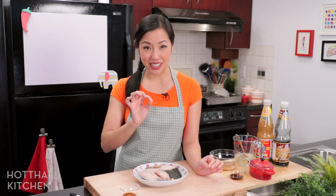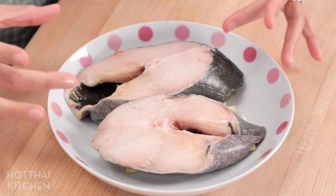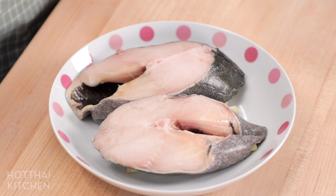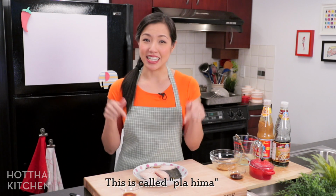Let's talk fish. So 3 things about the fish. 1, you can use any white, mild flavored fish for this recipe. 2, you can do whole fish steaks like I have here, or fillets. I do prefer whole or steaks because the bones actually help keep everything moist. And finally, 3, I am using black cod, also known as sablefish, because it is a sustainable and local species right here in BC. And just FYI, in Thailand, อันนี้คือปลาหิมะนะคะ